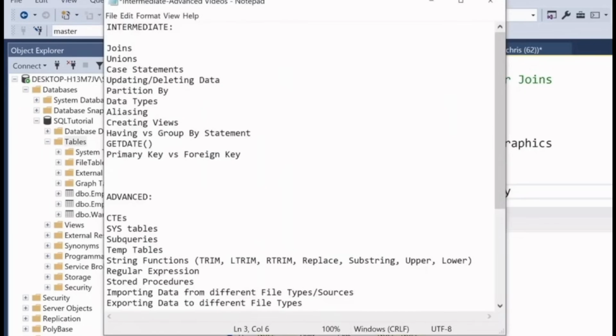Now, today we're going to be walking through joins, but let me show you what you can expect from the entire series for this intermediate course. So we're going to be walking through joins today, and then in future videos, we're going to be walking through unions, case statements, updating and deleting data, partition by, data types, aliasing, creating views, having versus the group by statement, the getDate function, primary key versus foreign key, and then we're going to have an advanced course, and this is not set in stone yet, but these are some of the things that I think I will be going through